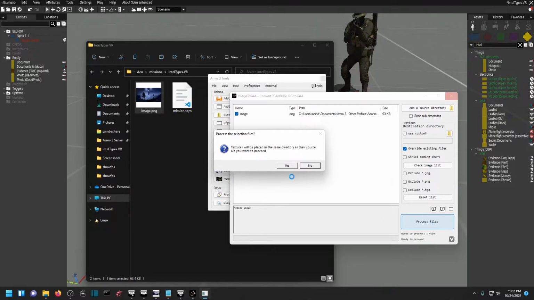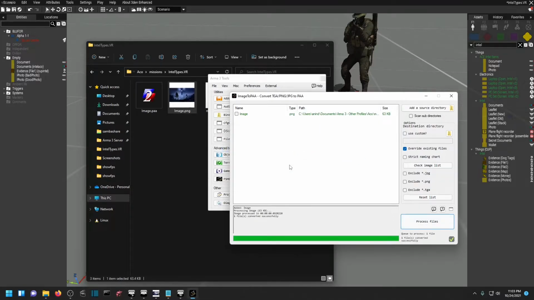Are you sure? I'm like, yep. I don't have any other image.paa here, otherwise it will be overwritten because that's what it does by default. So I'm going to plop it down, image to PAA. Okay, now